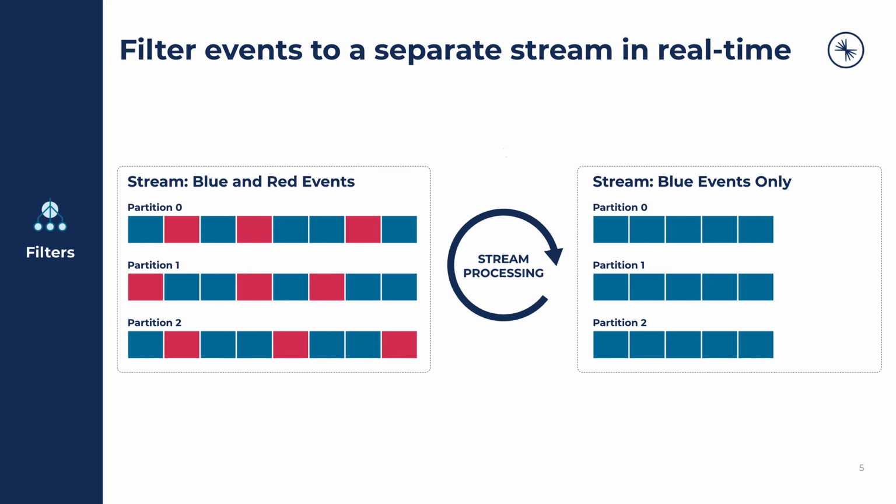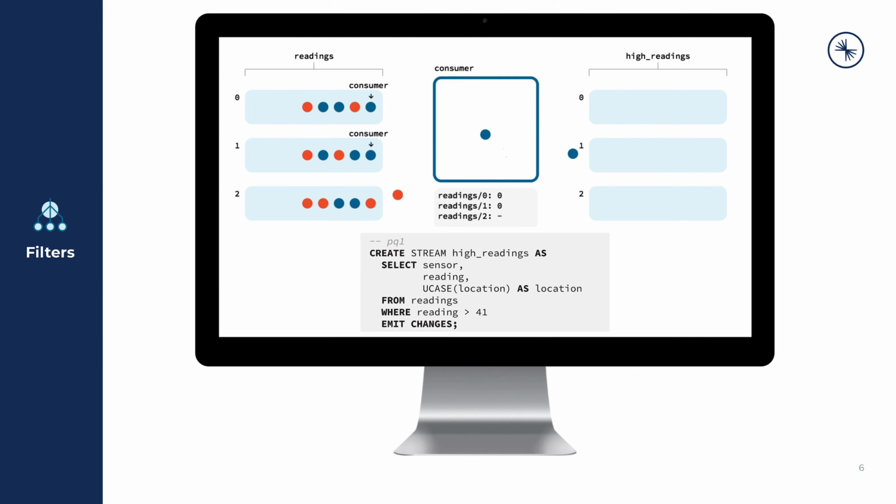Let's discuss a bit more about what KSQL DB offers. Let's say you have a stream or Kafka topic that captures when a widget is manufactured by your company, and each data event in the stream also captures the color of the widget created. Now perhaps you want a separate stream that filters only events that are built for blue widgets. KSQL DB would allow you to do that in real time.